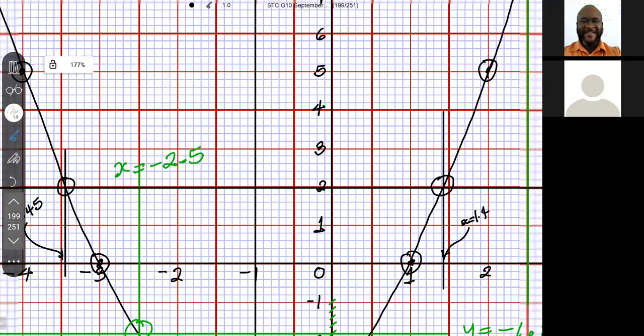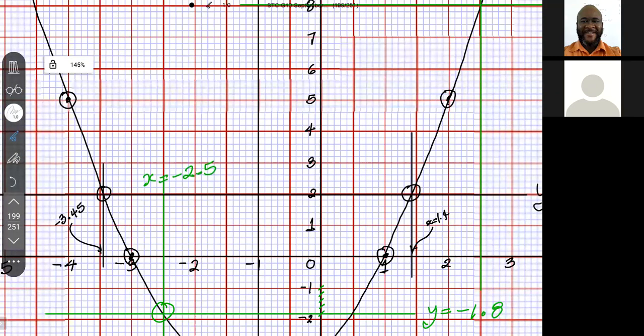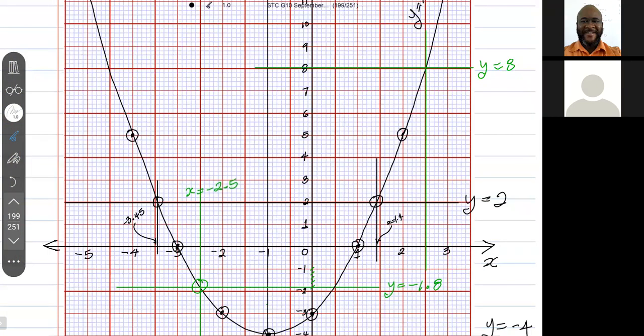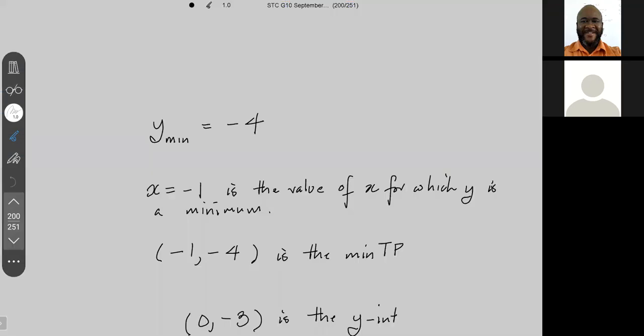So at the point on the graph where y is equal to 2, x is equal to -3.5 and x is equal to 1.4. The roots are the values of x where the graph meets the x-axis, which is -3 and +1. Those are the roots. So to answer these 2 questions,